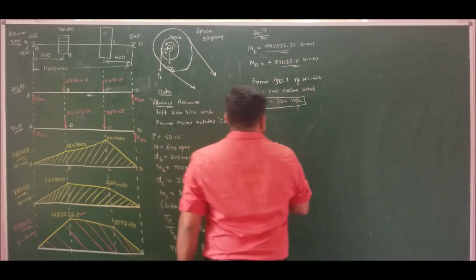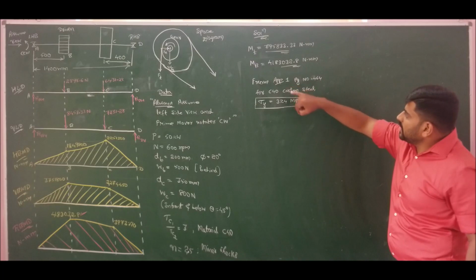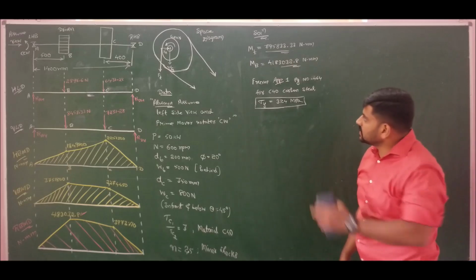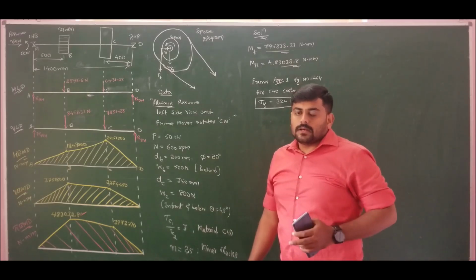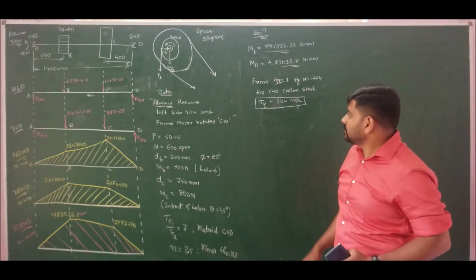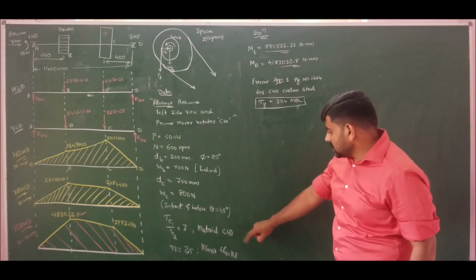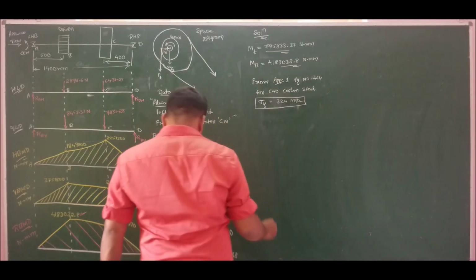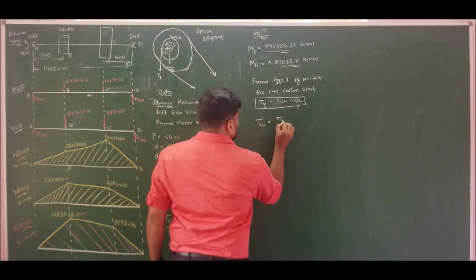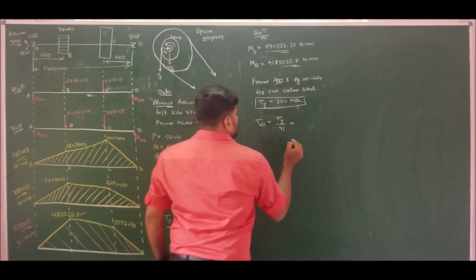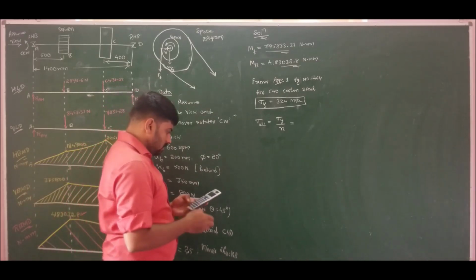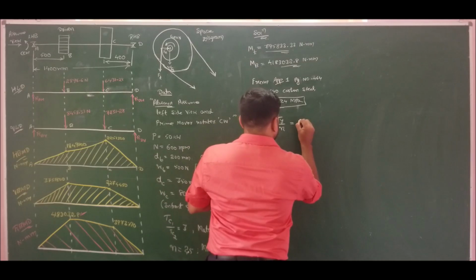So from our design data handbook, referring to appendix 1 page number 464, for C40 carbon steel sigma yield is 324 megapascals. This data is available in our design data handbook written by K. Mahadevan and K. Balaveera Reddy. We are referring to the 4th edition. So we know the value of sigma yield. He has given the factor of safety. So sigma allowable is equal to sigma yield by factor of safety. So 324 by 2.5 will be 129.6 megapascals.